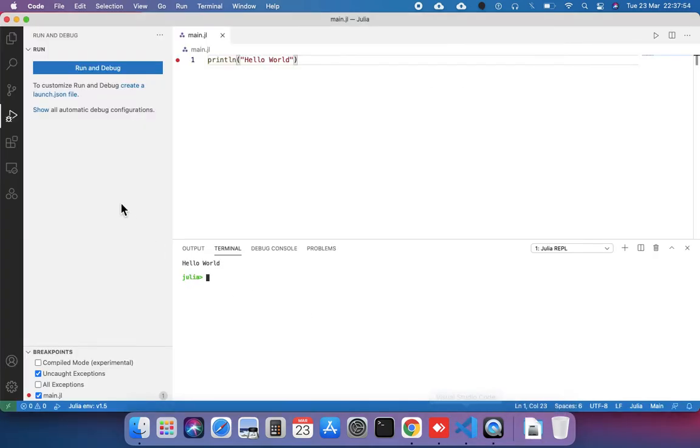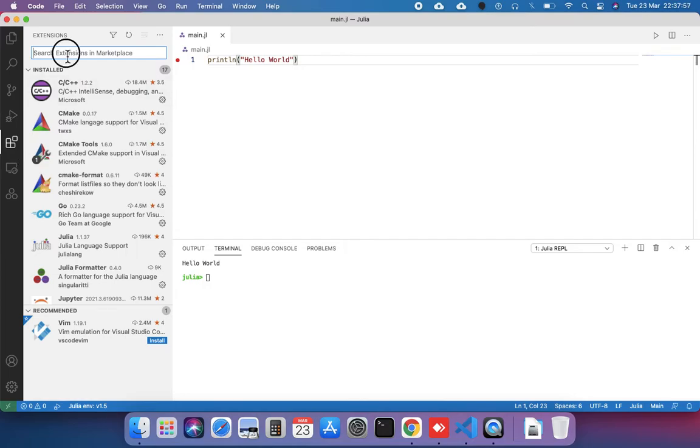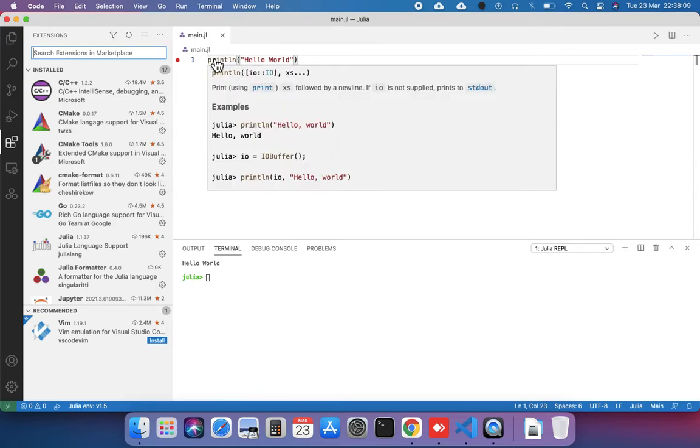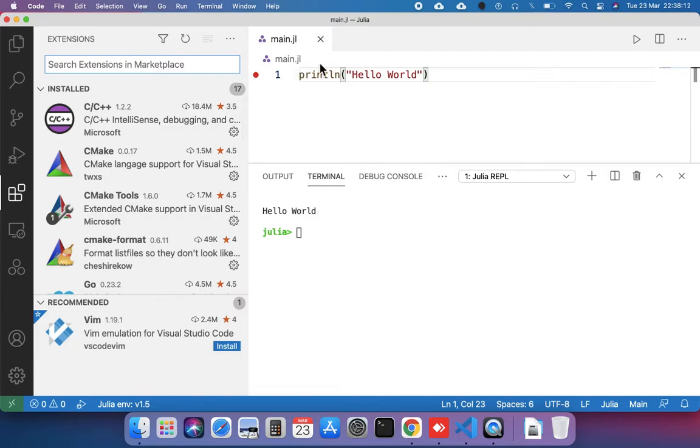After that, please open up your VS Code. As you can see, I already have written some programs, so please ignore that for a moment. And yes, the extension for Julia programs is .jl.